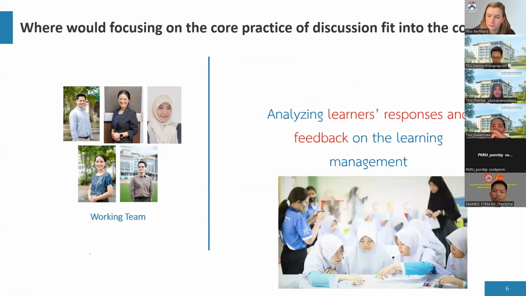And we hope that the core teaching practice will support that goal, particularly in the part of analyzing the learner responses, feedback, and learning management. That is our short information. Thank you.